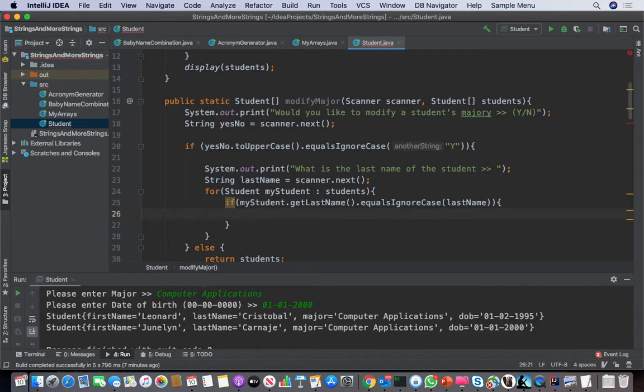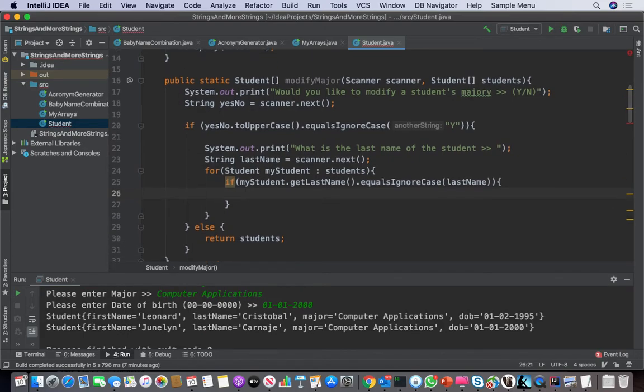I'm doing now a basic search of the array, right? You see that? I'm searching by last name. Then we have the name of the student, right? So we're going to say